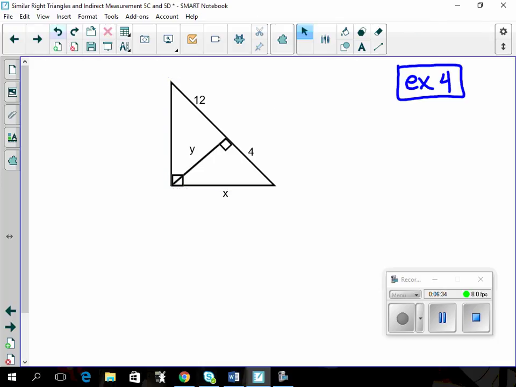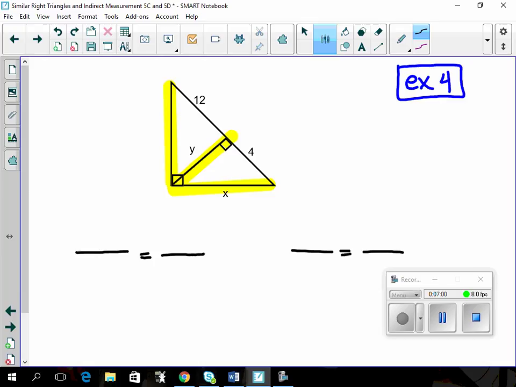So here's example 4. Mo, you want to copy this one down for me, sweetheart? Notice it has some numbers in it this time. All right, so again, I'm just going to highlight these to show you that these are my 3 possible things, the other 3 geometric means, right? So I'm going to set up